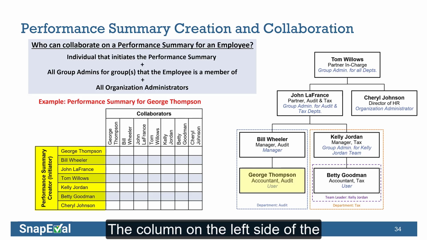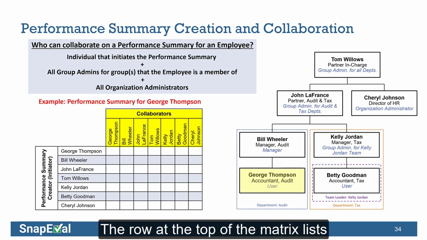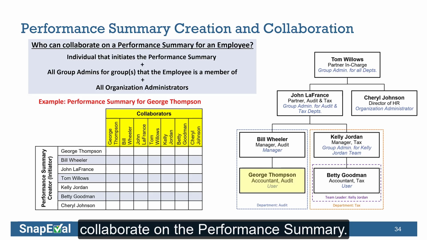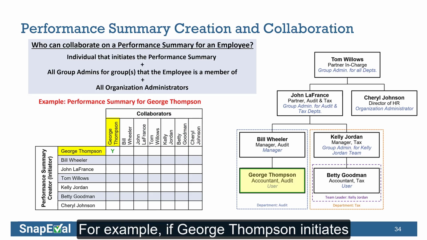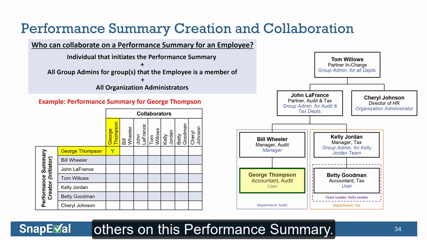The column on the left side of the matrix lists each of the individuals in the organization who could potentially initiate a performance summary for George Thompson. The row at the top of the matrix lists the individuals who could potentially collaborate on the performance summary. For example, if George Thompson initiates a performance summary for himself, then he is also allowed to collaborate with others on this